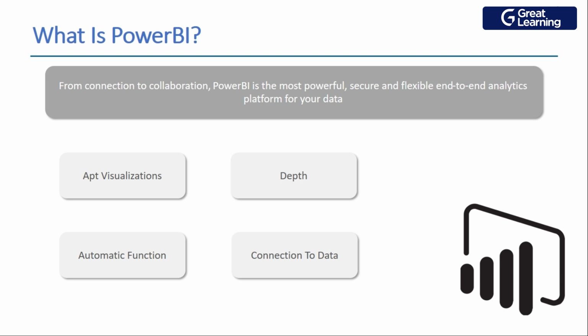Then you have something called automatic functions. Now, what are automatic functions? Automatic functions are nothing but the ease with which you can go ahead and create visualizations, where Power BI supports you by giving you ample and good suggestions for your data. If you are not certain which visualization you should opt for when you choose this particular data, do not worry about it. All you have to do is put that data, and if it can be visualized, Power BI by default will suggest certain visualizations for you. Again, something that we'll be seeing as we perform the demo